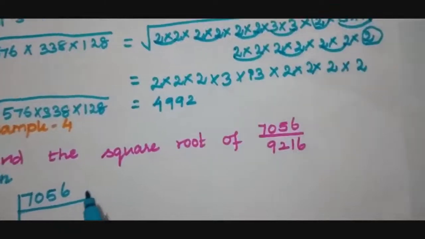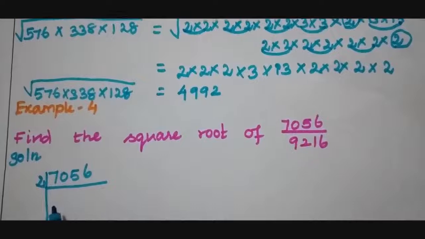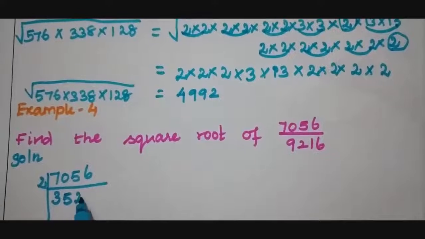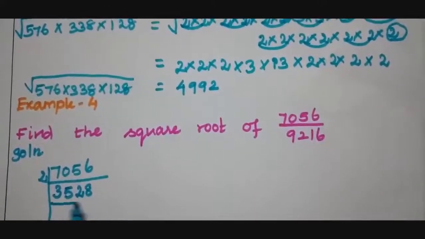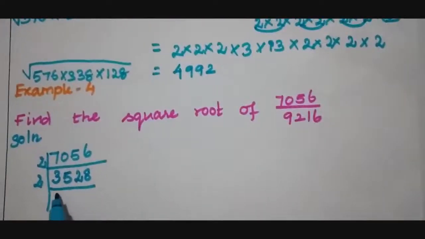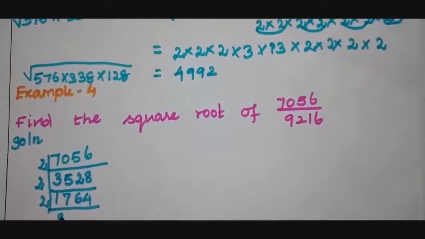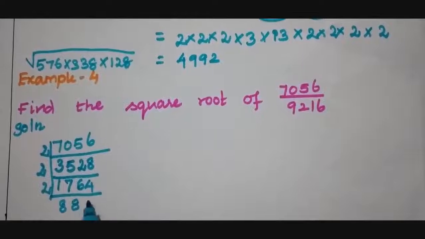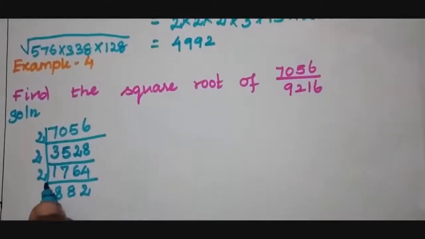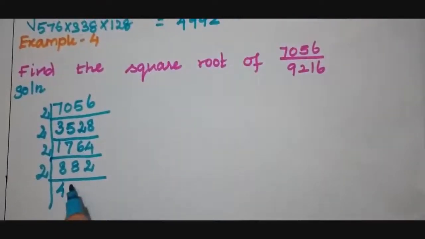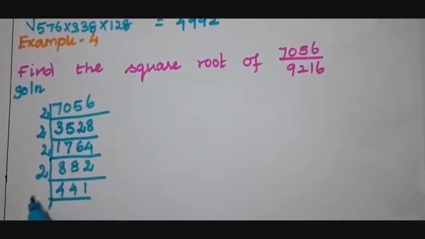This is an even number, so we can start it with 2 tables. 3 2's are 6, remaining 1, 5 2's are 10. 2 2's are 4, remaining 1, 8 2's are 16. Again with 2 tables. 1 2 is 2, remaining 1, 7 2's are 14, remaining 1, 6 2's are 12 and 4 2's are 8. 8 2's are 16, remaining 1, 8 2's are 16, 2 2's are 4. 4 2's are 8, 4 2's are 8 and 1 2 is 2.